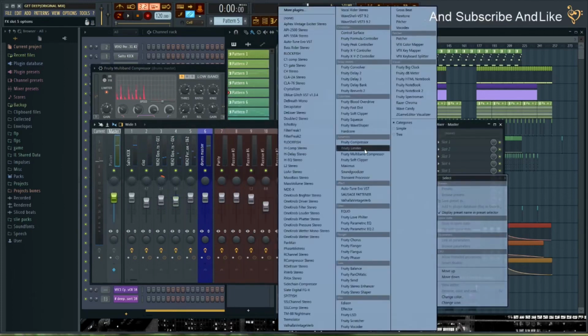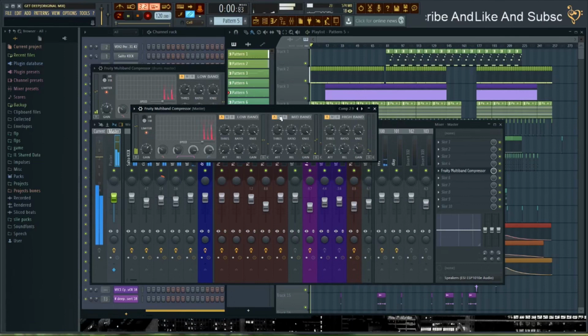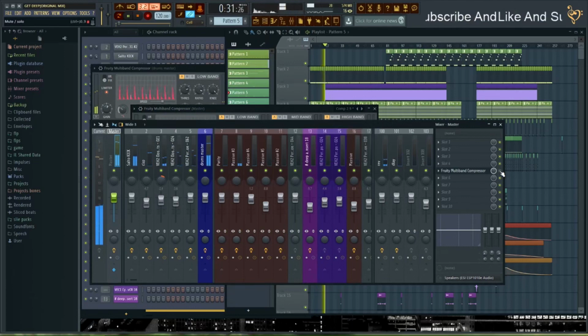So now we can add a multiband again on the master, and then we can load up, let's say, 2.9. Okay, let's lift these thresholds, and we can come down on them by frequency, and lift the ratios. Without this and with it,